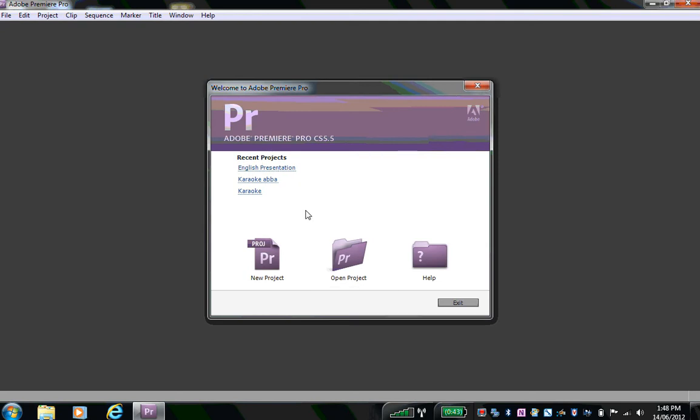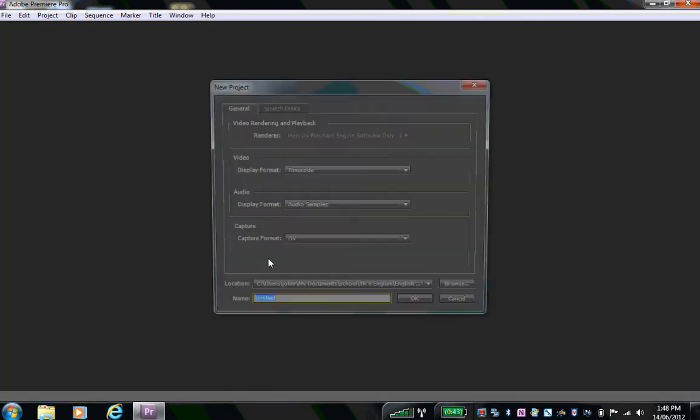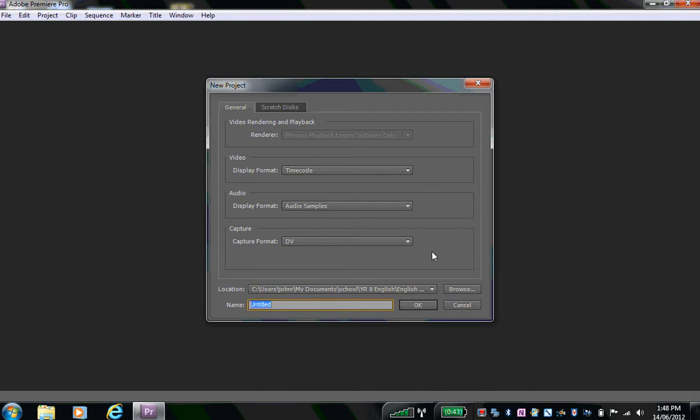Okay, so you can see I've got some other projects, you see I like ABBA there, but this one will be a new project for you, and that should be blank the first time you use it. So new project. Now here's the critical bit. We have to say where we're going to save it so we can find it again, and we have to give it a name that's meaningful. So we browse